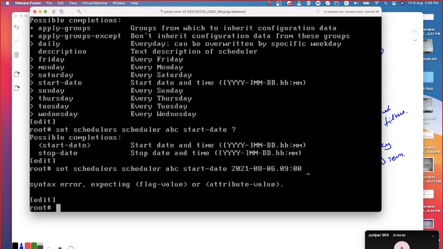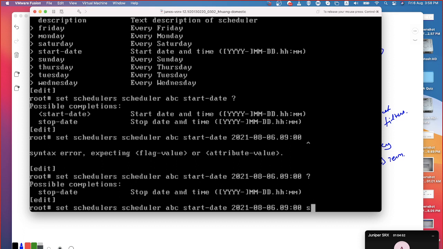This is my start. Then the stop date is the same, 2021 08 06, 17 hours.